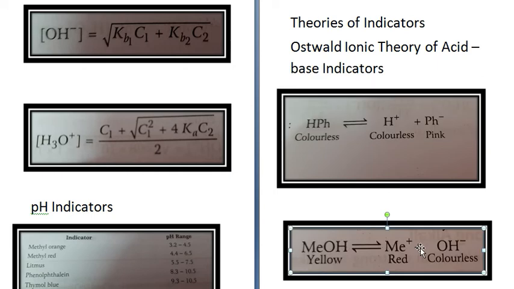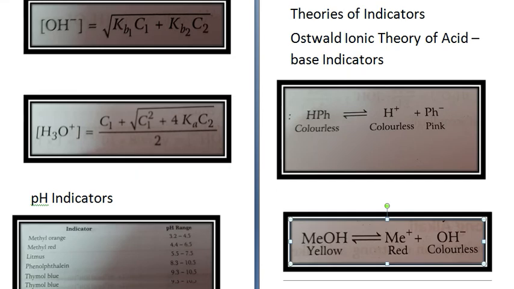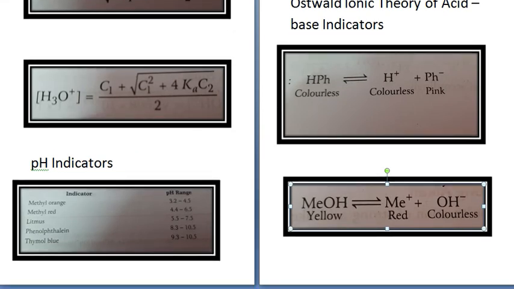Alright. pH indicators. Now when you look at pH indicators, the process of determining the strength of an acid with the help of a standard base is called titration, and the stage at which the added base exactly neutralizes the acid is termed the end point or the equivalence point. You have done titration in your practical, so you must be aware. The end point is determined with the help of an organic compound which is called a pH indicator. An organic compound which indicates the end point of titration by changing its color is called a pH indicator.